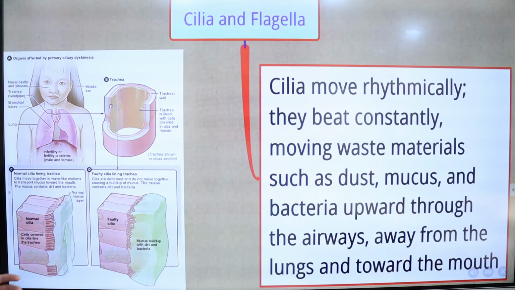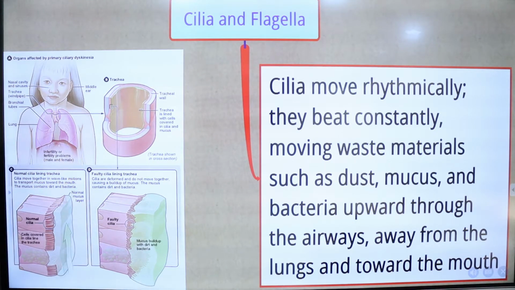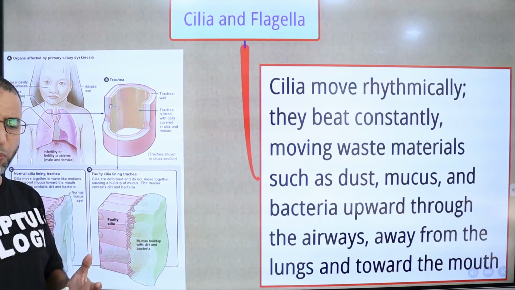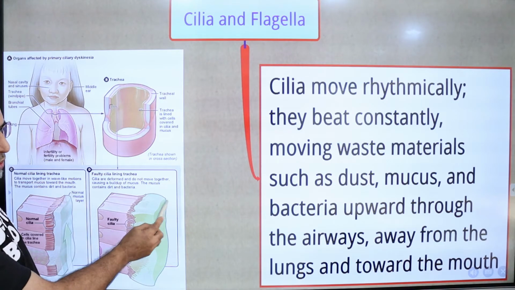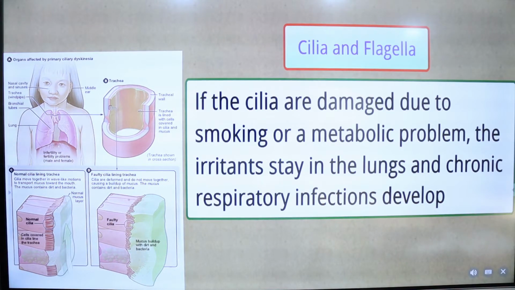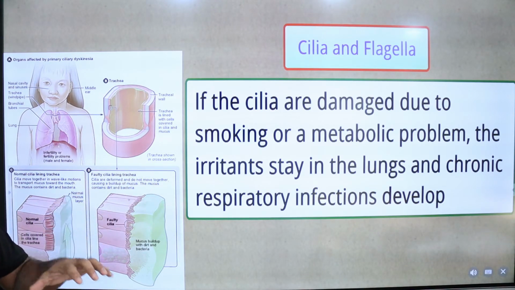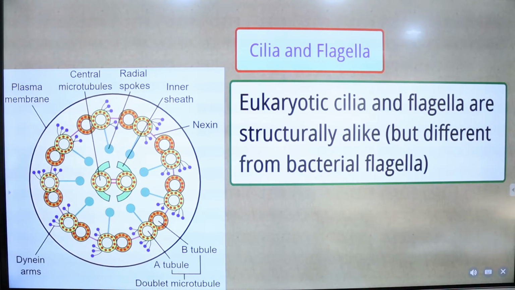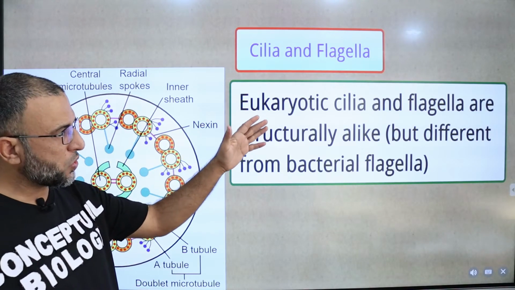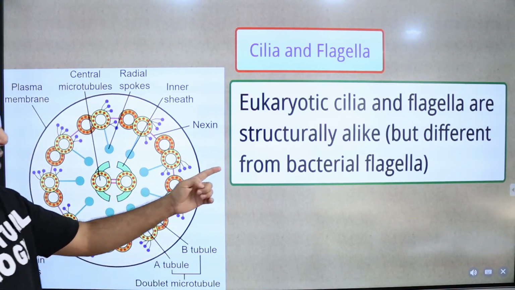These cilia move rhythmically and beat constantly, moving waste materials such as dust, mucus, and bacteria away from the lungs toward the mouth. If the cilia are damaged due to smoking or a metabolic problem, the irritants stay in the lungs, which may result in respiratory infections. Now, the structure of eukaryotic cilia and flagella is the same, but eukaryotic flagella are different